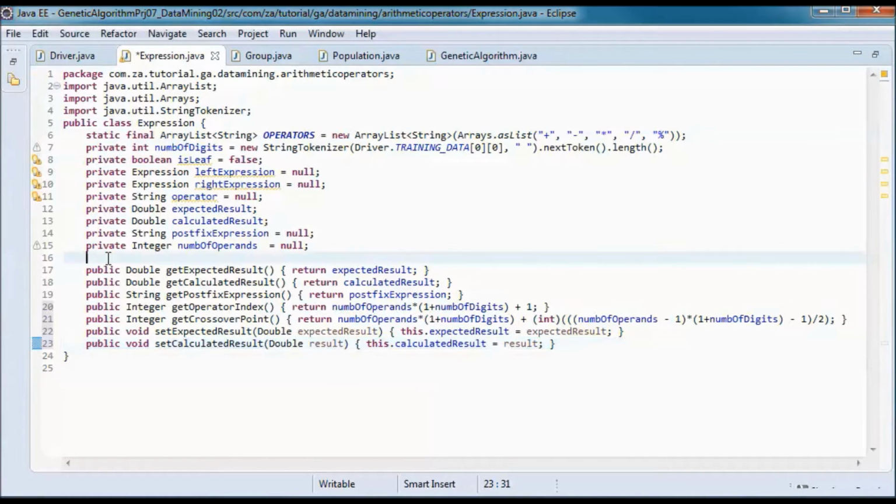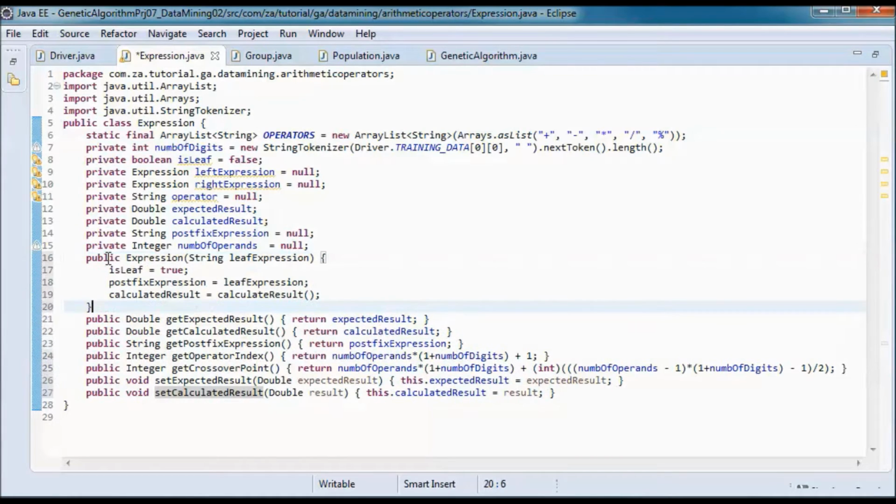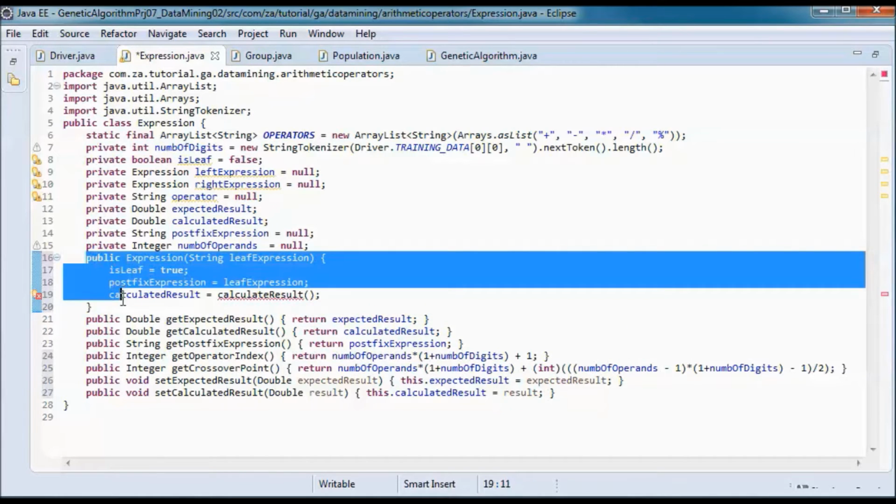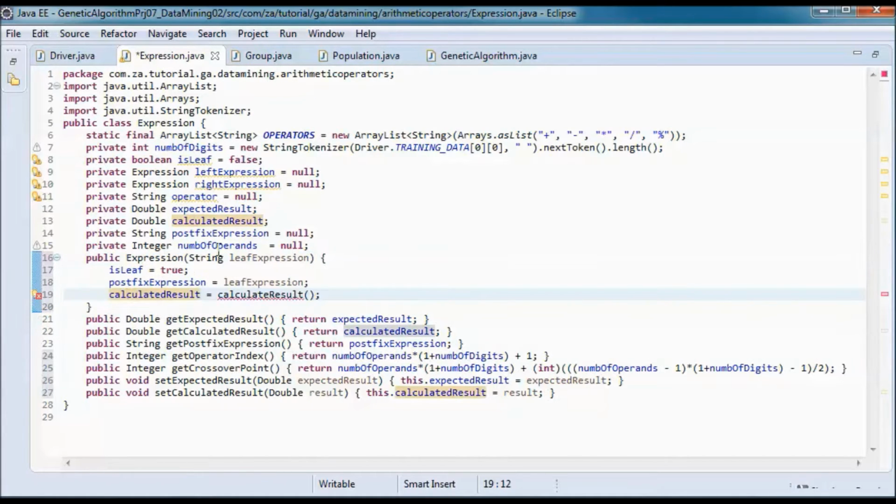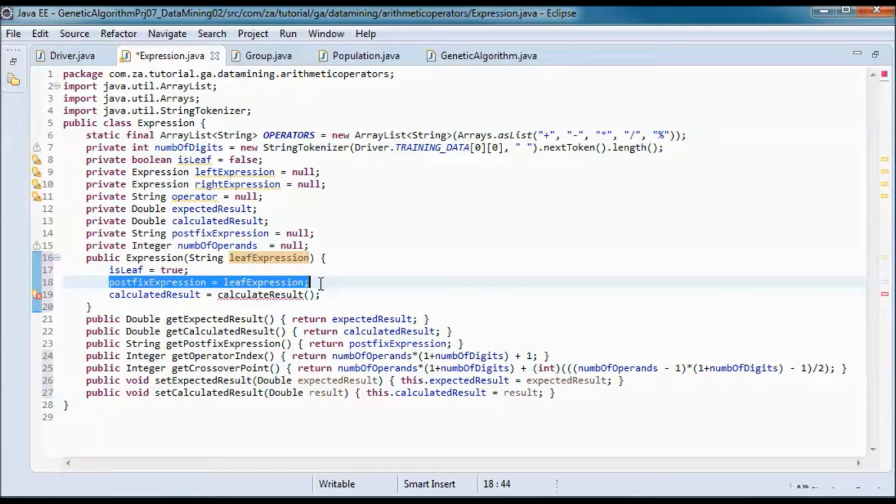And in case we have a leaf expression, meaning a number expression, we will have this constructor that takes in that number as a string, and we will set the isLeaf flag to true, and the postfix expression would be that leaf expression.